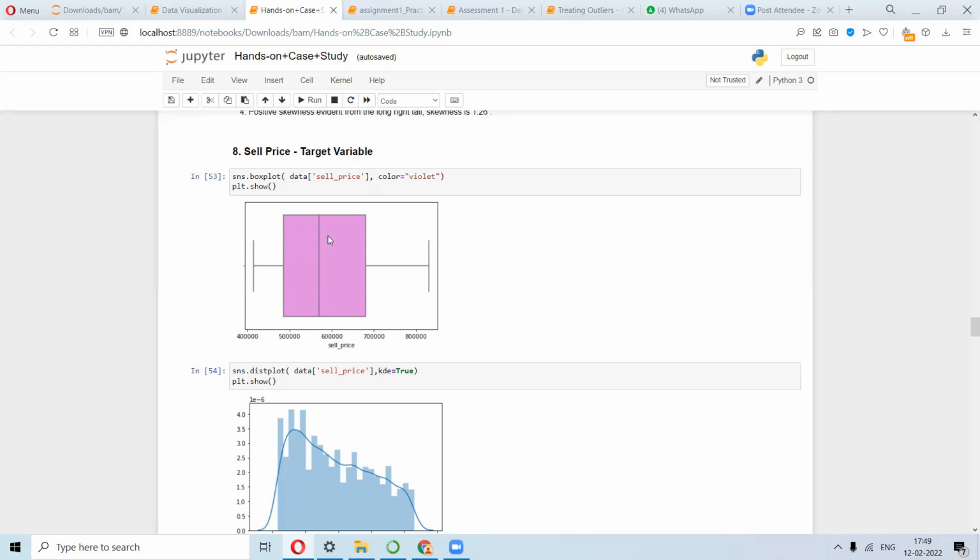So that is also one hint, that you have to see the shift of this box, whether that is towards the lower side or towards the higher side. Generally you will get to observe the same thing in terms of the median and Q1, Q3. See, so this is towards the left hand side. So that way you can understand the skewness.